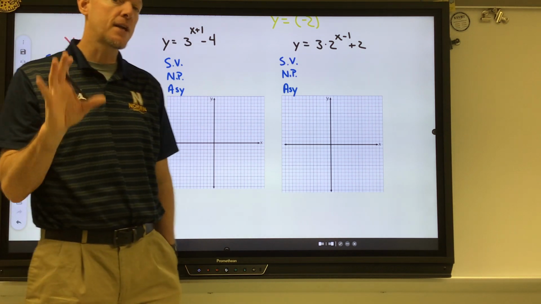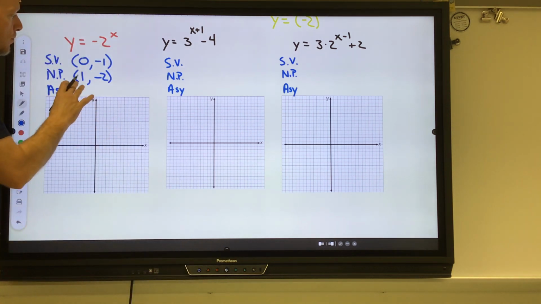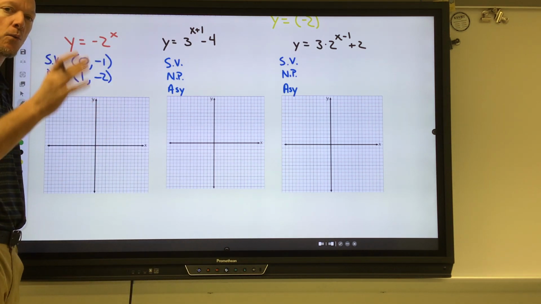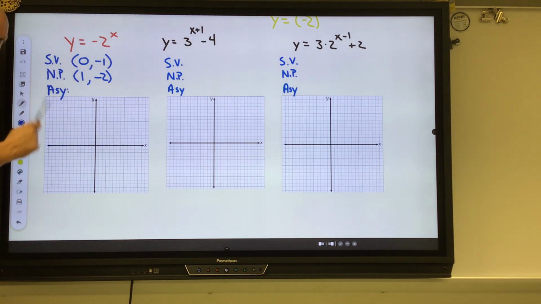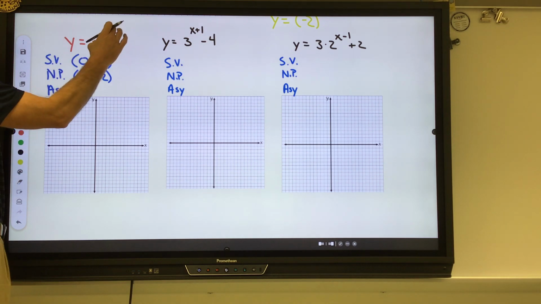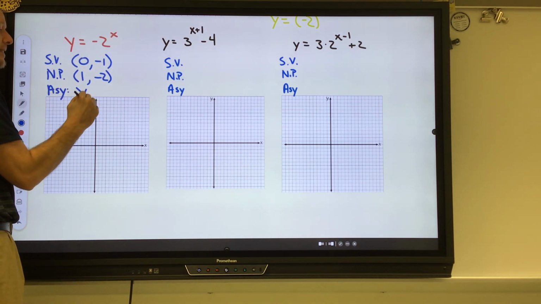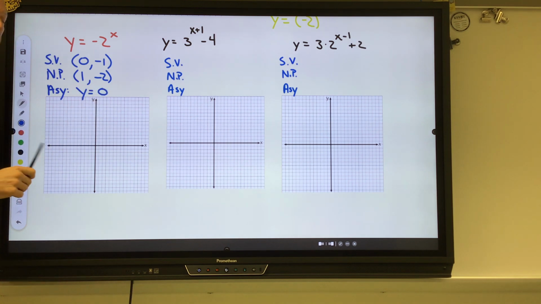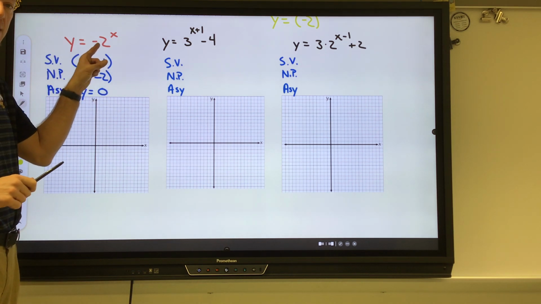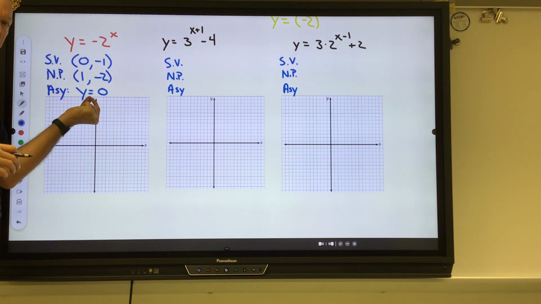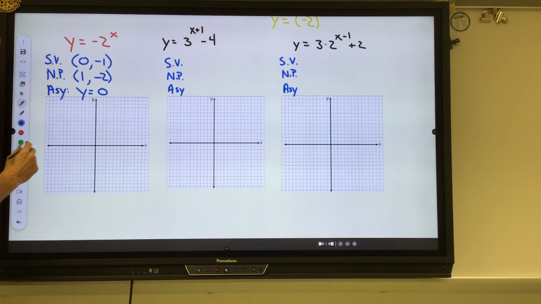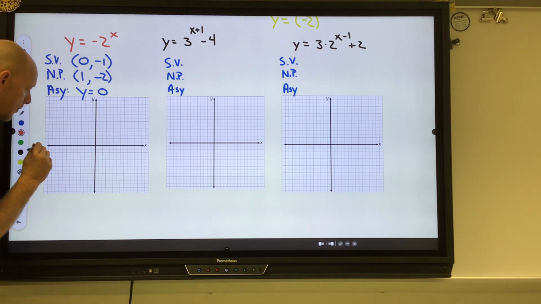Now that we understand the general shape, these are the only 2 points I need to calculate to figure out what my sketch is going to look like. But it does help if I continue to understand what the asymptote is going to be. And the asymptote, again, is going to be at 0 because we know that this exponential is going to converge to or approach that 0 value. So y equals 0 is going to be our horizontal line,